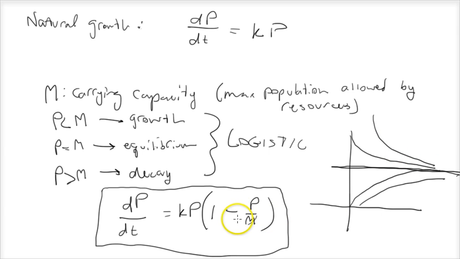And if you have a case where P is less than M, the function's going to be increasing, looking like this, and infinite shifts could happen depending on prior conditions once we solve this differential equation, but they all converge at this equilibrium line, and this line represents the carrying capacity equilibrium. Everything ends up converging here. If we were to do limit analysis on this, we would find that everything would converge to the same point. So now that we've got a conceptual understanding about what logistic growth is, let's solve this